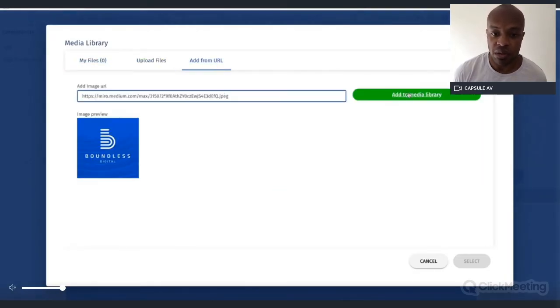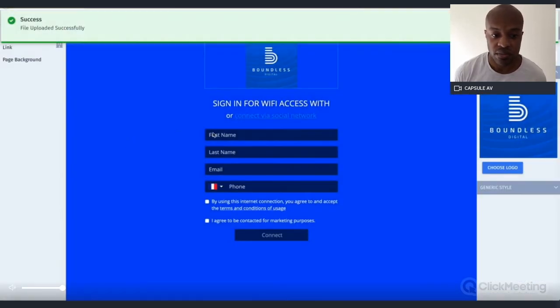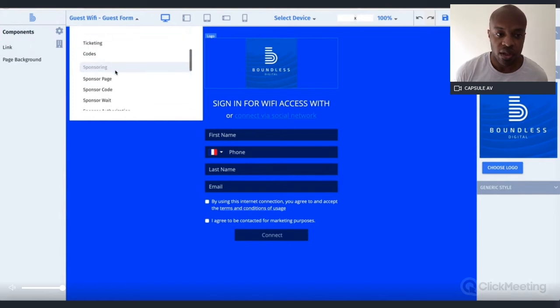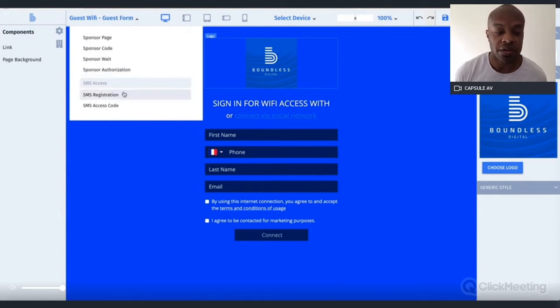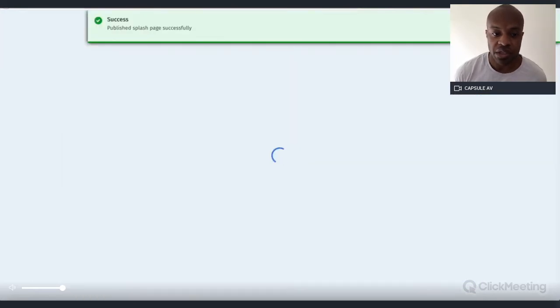You can add a logo from a URL or a logo from your files that you have available on your computer. So now we have customized the logo, customized the background, decided to change a few form field orders, and we can see all the different authentication mechanisms that we'll go into as well. Now, once we publish the page,